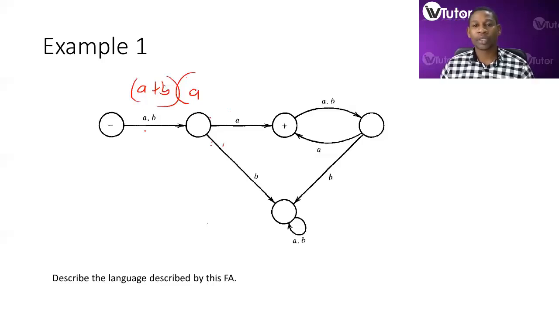AB is then AA or BA, right, in this loop, or you can have